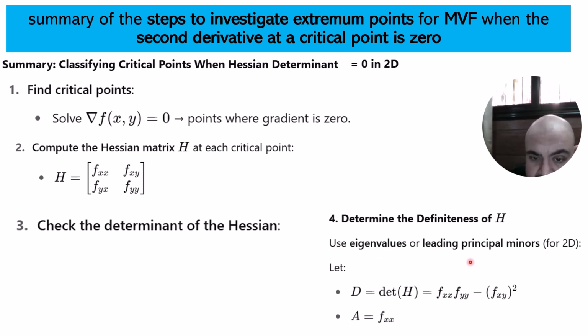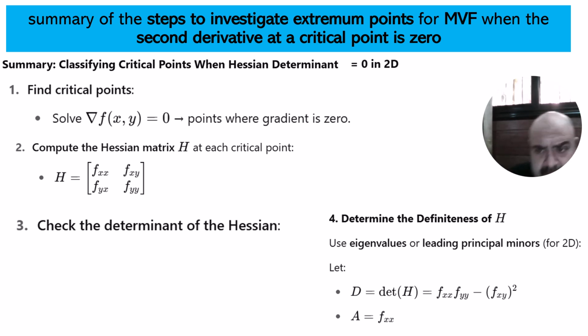If the determinant of Hessian matrix, which is f double x, f double y, multiplying them together, minus f of xy to the power of 2, and this value already exists, and you have f double x. Based on this, the determinant or the sign of the determinant, and for the f double x, I can do, as we spoke previously, an analysis about the nature